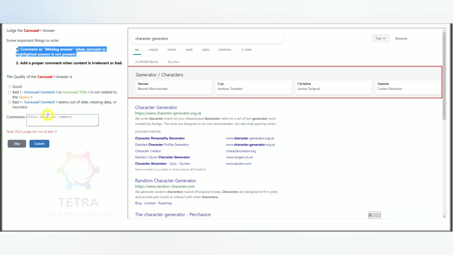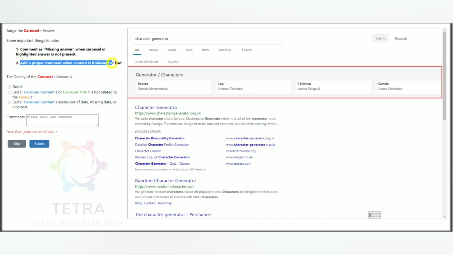If you do not write a comment, it will not affect, but you must write as they mentioned. Add a proper comment when content is irrelevant or bad. So they want to know why the content is irrelevant or bad. So you must write a single sentence regarding that, so that the HITAPP owner can understand and find this content more useful.